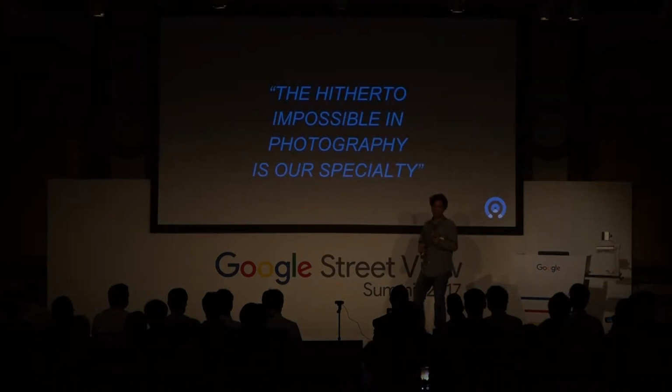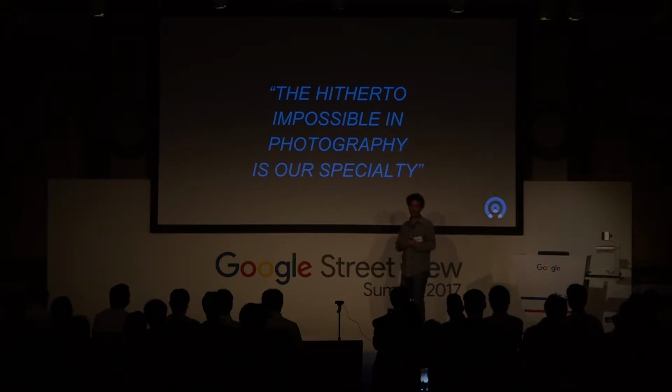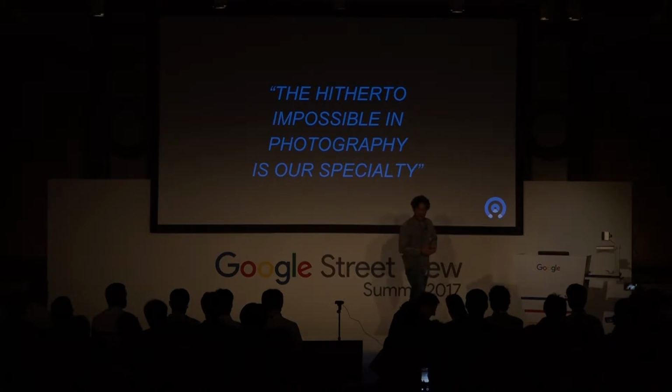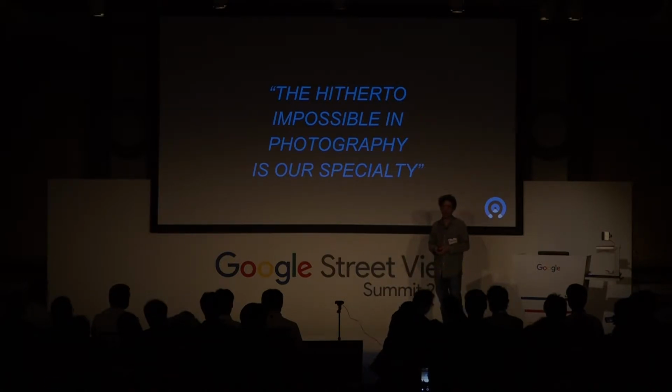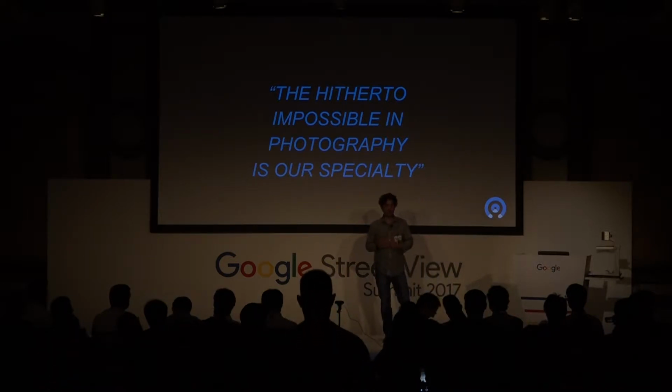George Lawrence's motto was, "The hitherto impossible in photography is our specialty," which I think is great. That's what we still do. All these cameras, these futuristic devices we're building, this is still what we do. So this guy's close to my heart. George Lawrence specialized in aerial photography, and the first cameras that he built for aerial photography were suspended from balloons,